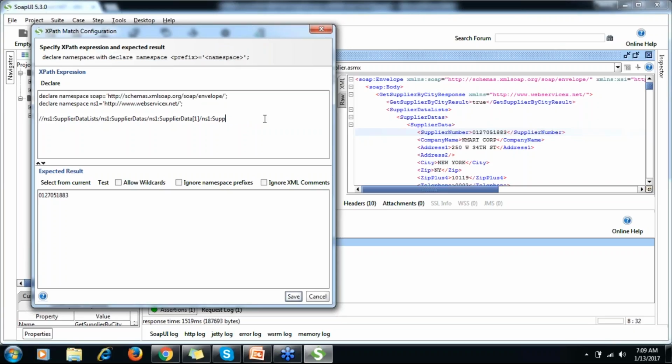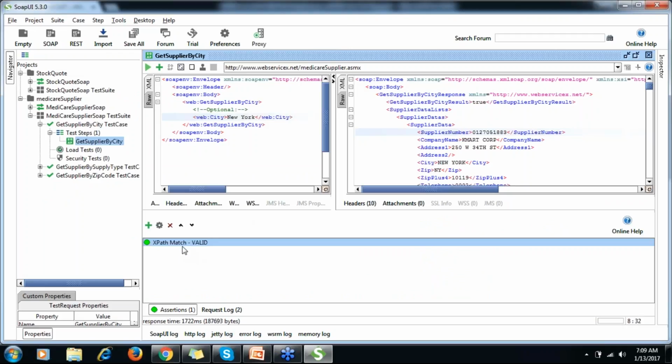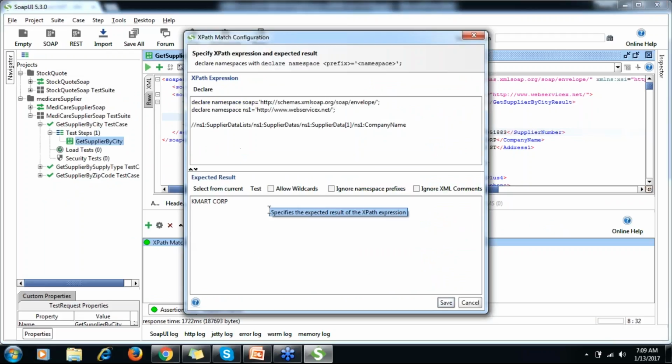Suppose I want company name. If I click here, select from current, so it's Kmart Corp. Okay, if I save and if I run it again, the test steps should pass because it will contain that Kmart Corp.